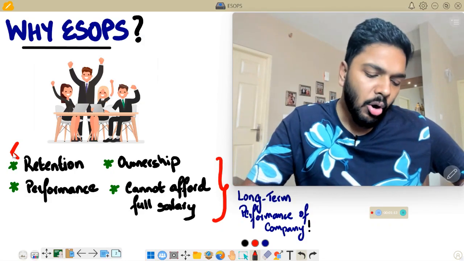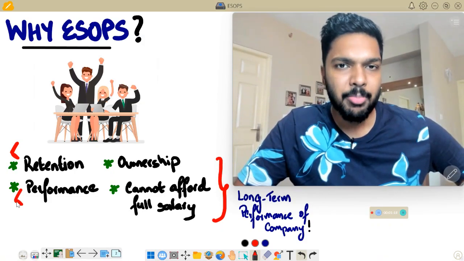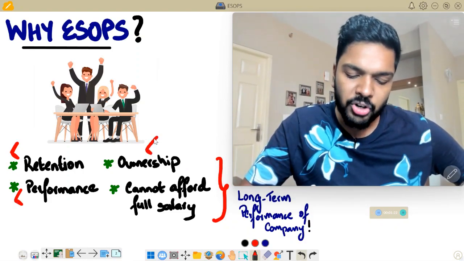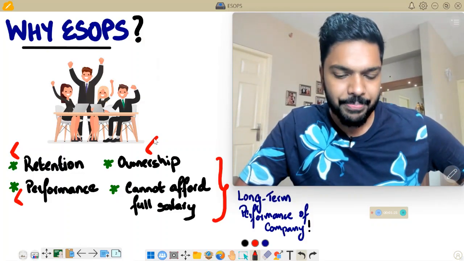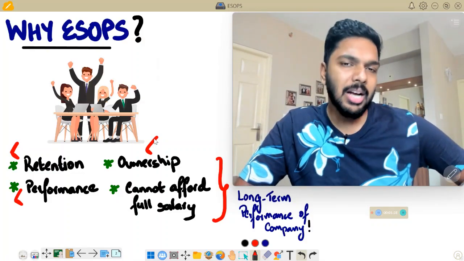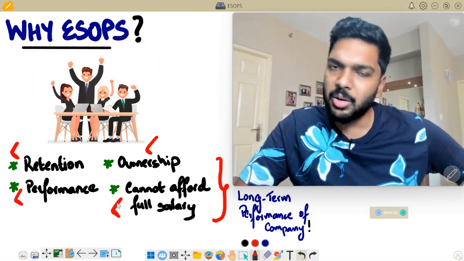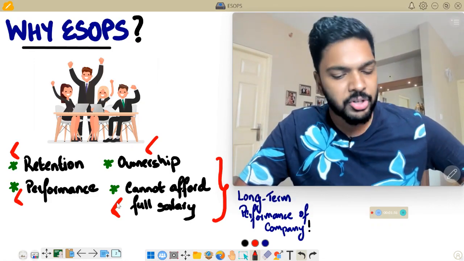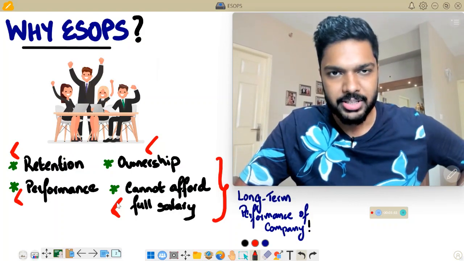It could also be to acknowledge the performance of the employee and also to motivate them to deliver the same kind of performance even in the future. It could also be to imbibe a sense of ownership in the minds of employees, because once they have the options to purchase shares of the company, they become as good as the owners of the company. And finally, there could be companies, especially startups nowadays, who cannot afford a high salary for these highly qualified employees, for which they look to these options, tag them along with the compensation and give it to the employees.